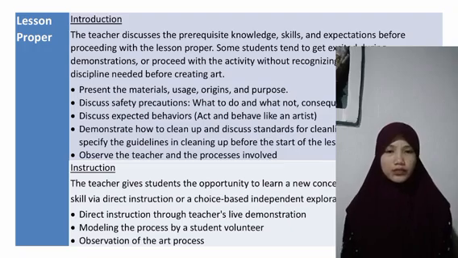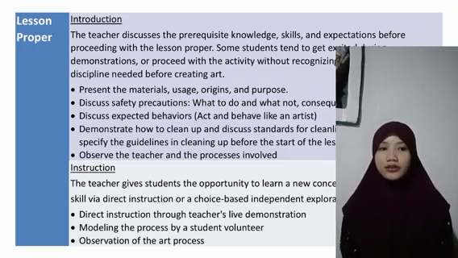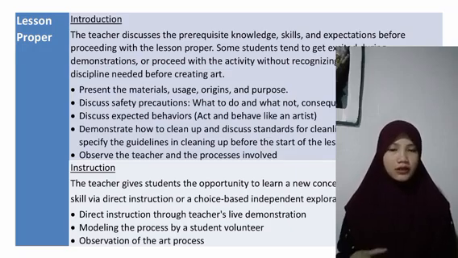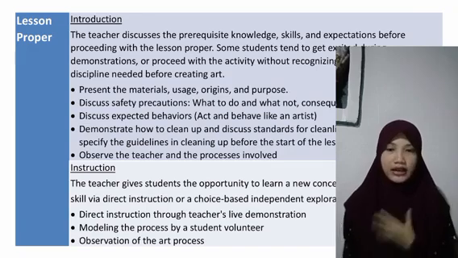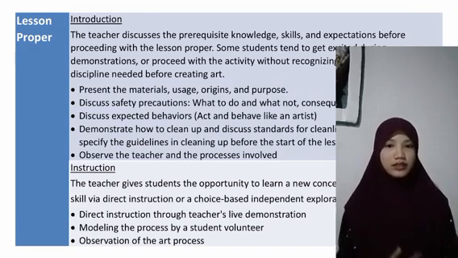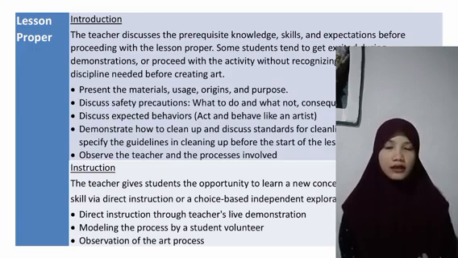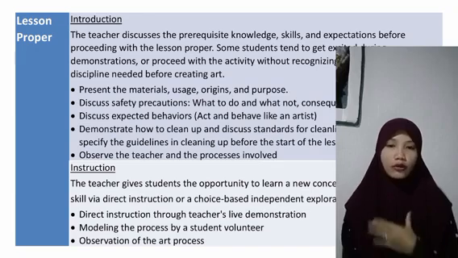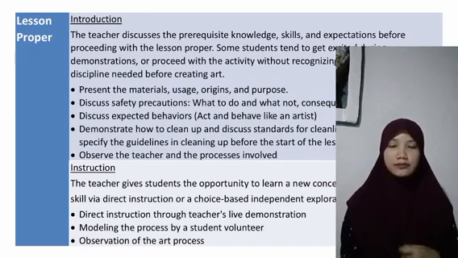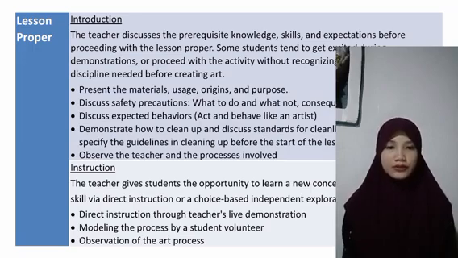So, yung teacher pwedeng gawin dito is magbibigay siya ng direct instructions through teacher's live demonstration, like magdi-demonstrate yung teacher, or as a future teacher, magdi-demonstrate ako ng ano yung gagawin. So, yung mga student is titingnan nila yun. So, ako yung magiging model nila para mas maintindihan nila yung process na gagawin dun sa arts.